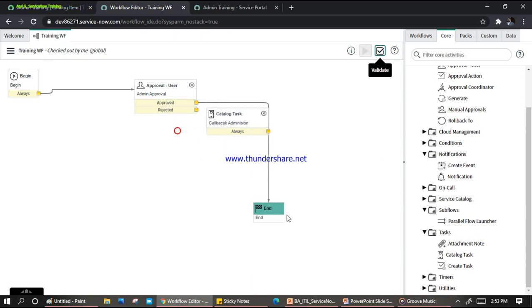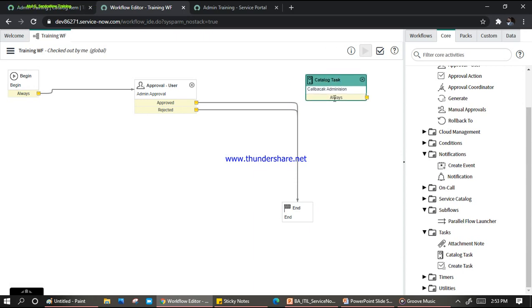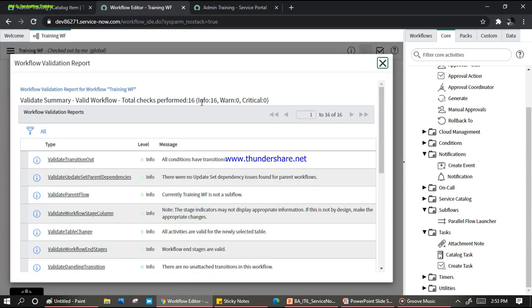If you see here, I have these two workflow activities. This one has input, but the reject doesn't have any output. So first I will put an output so that if anyone rejects, it clears my case. This task doesn't have any input or output. So I'll put that if someone approves my request, it goes to the task creation, and when the task has been closed, it ends my workflow. Now you can click on validate. No warning, everything is fine.